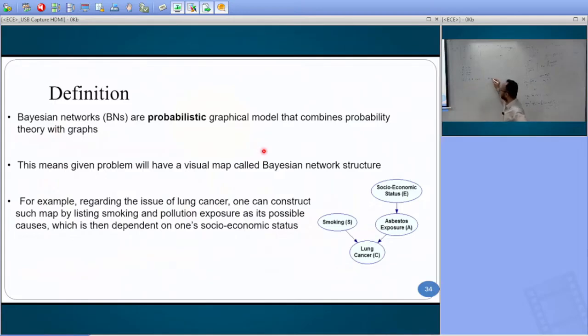So given this particular information, I am able to predict this information. I don't need this information. So this variable depends only on these variables. So A conditioned on B and C. Then go to this part. This variable is depending only on